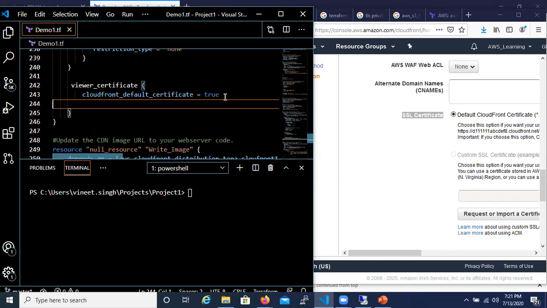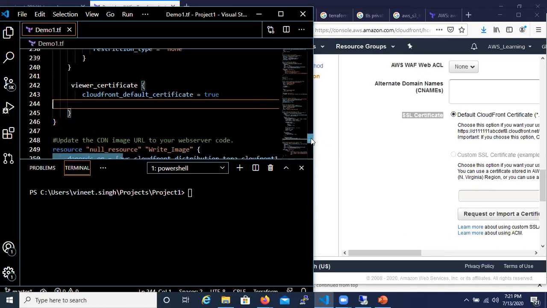Now, I have deployed the code in my AWS instance. I have copied the code as well. The code refers to an image. That image is stored on S3, and that S3 has to be accessed via the CloudFront part. So the object has to be served from CloudFront so that the latency is less. That is the whole purpose of deploying this infra.